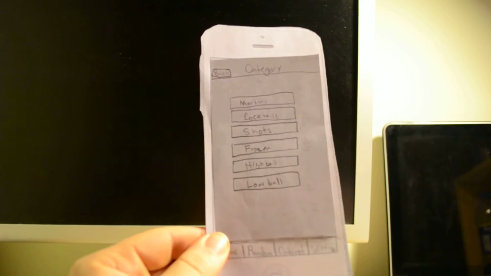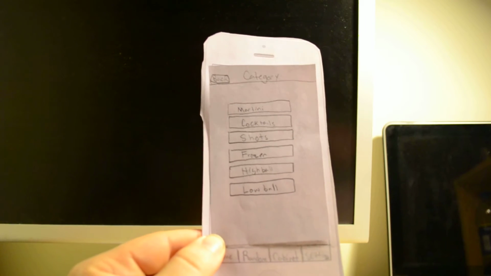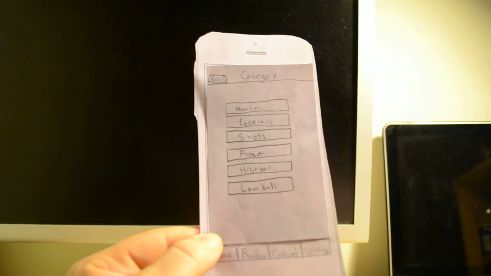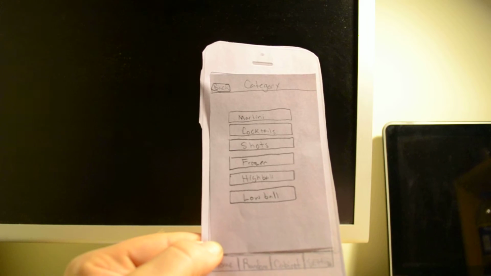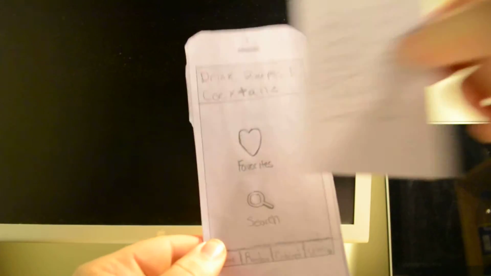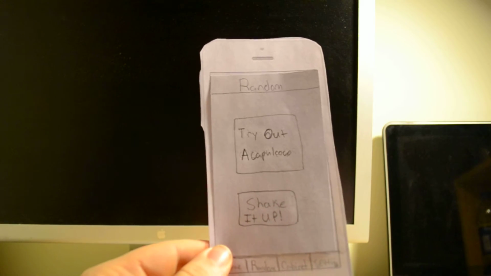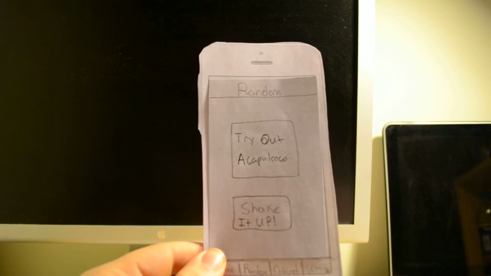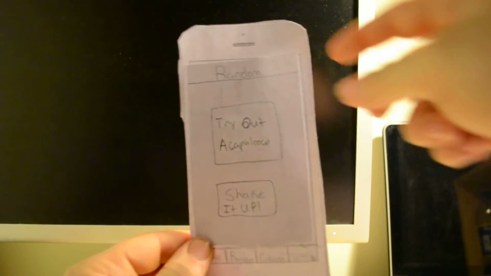which brings us to our category page, and from there we can just tap on our second navigation, which is on the bottom. It says Home Random Cabinet Settings. If you want to go back home, to the original page of favorites and search, we just tap home, but we're going to tap random right now. And when random comes up, there's going to be a little button here that says shake it up, and when you tap shake it up, a drink will be suggested to you, and Acapulco Loco was suggested, so you can tap that Acapulco Loco,